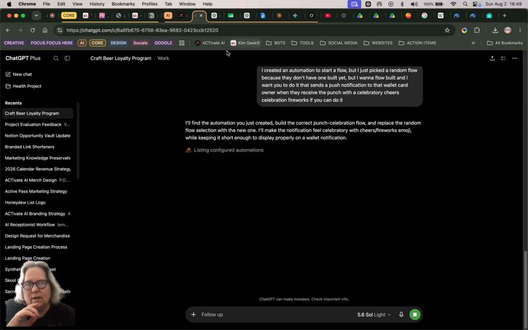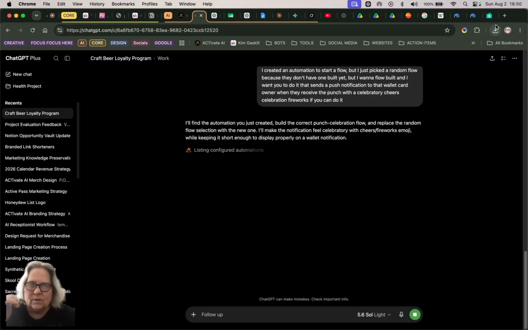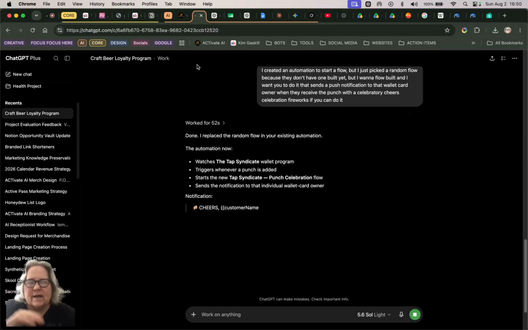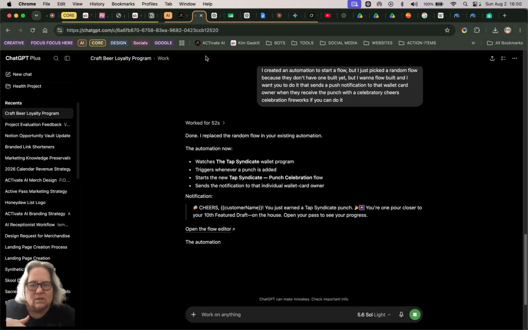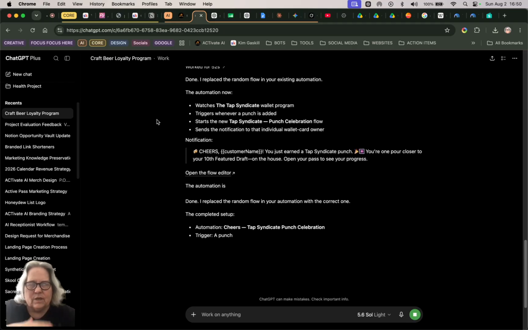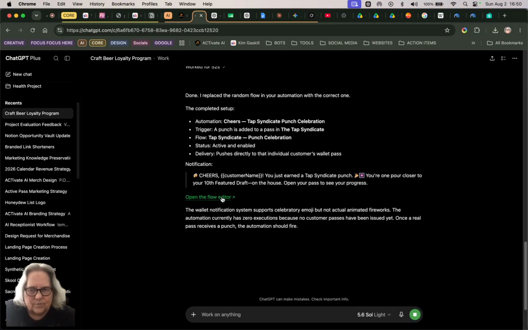So I had to go and either set the flow or the trigger or the tag myself somewhere in the automation. It tried to create it, but not everything was selected. Just like when there's a flow, if it has a Google Sheet or something in it, you want to make sure that it's mapped correctly and all that stuff. It does a pretty good job most of the time, but you always want to check. That's why I always ask at the end of any of these MCP sessions, I always ask it to tell me everything that it built so that I can go back and check every single thing that it did, every custom field that it created, all of that stuff. All right, so let's go to the flow editor